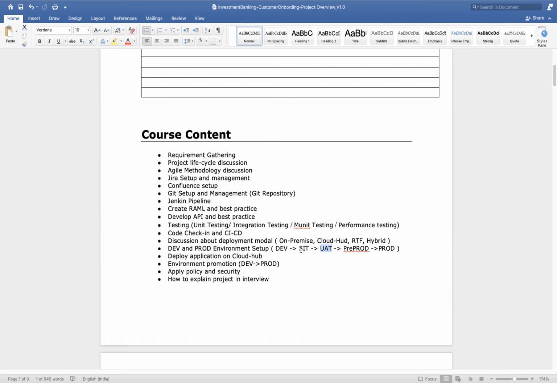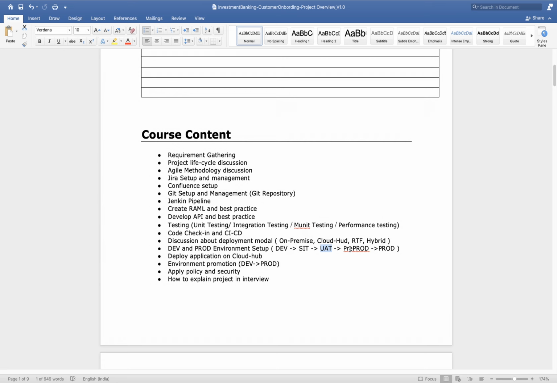Once we complete testing on the dev, SIT and UAT environments, your code will move to pre-prod. Generally on the pre-prod environment we do different kinds of testing, like load testing, performance testing, and sanity testing. And who will do it? Again, the testing team will do that kind of testing: load testing, performance testing and sanity testing.